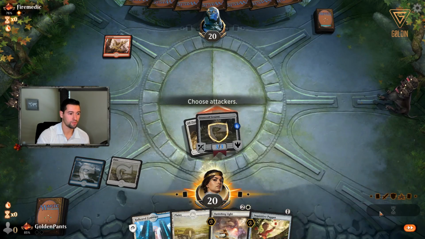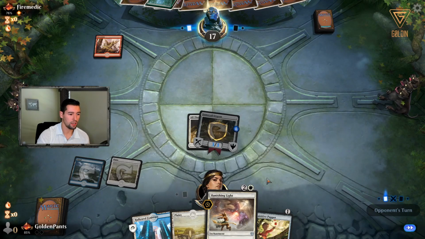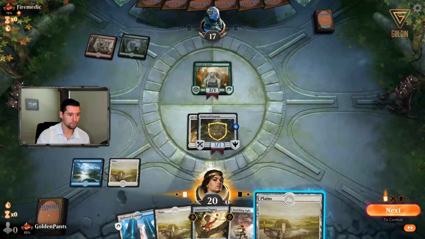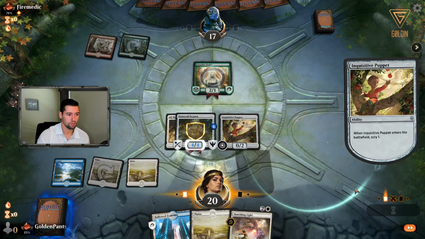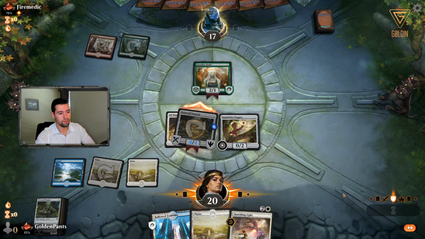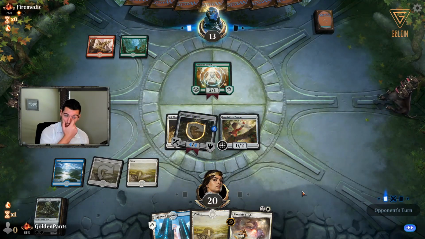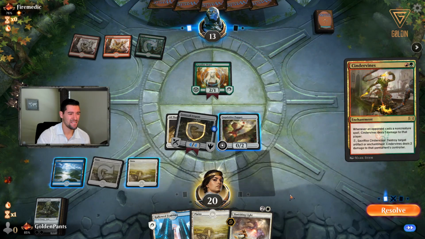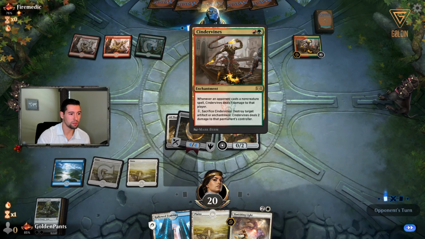Okay, good. We get it down. So if he drops something that we can Banishing Light, that's great. Can't do it on that one, but that's okay. Why? Like why? Okay. Yeah, we're gonna keep that for sure. Unfortunately, still dies to a Lava Coil. Oh, okay. That's fine. That doesn't really do much. I mean, I could, I guess, Banishing Light it, but...